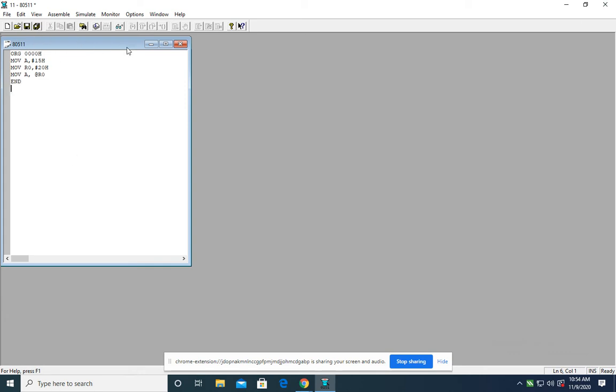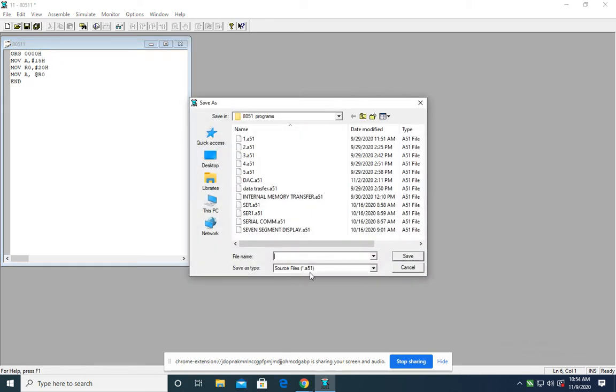After writing your program you need to save this file as an assembly source file.